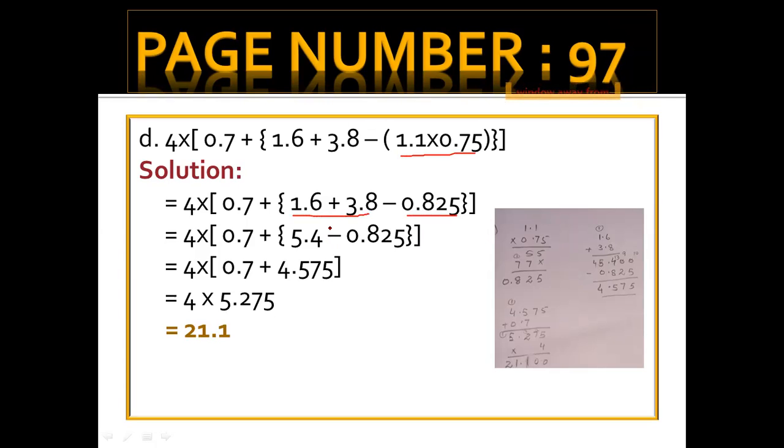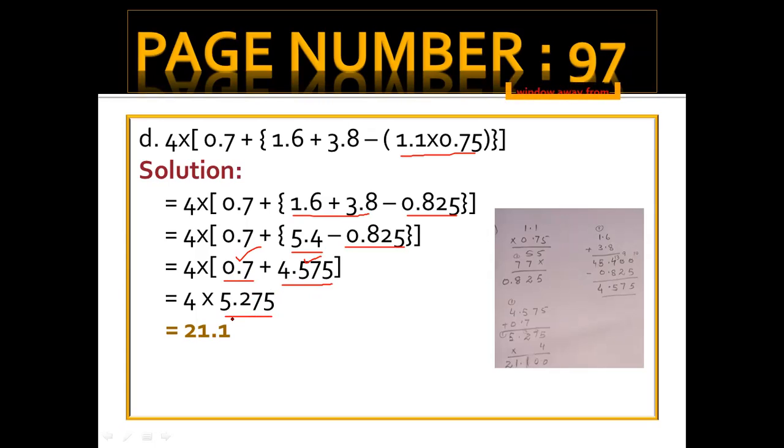According to the DMAS rule, first we add and then we subtract. So we add 1.6 and 3.8, 5.4 minus 0.825. Subtract these two, 4.575 is there. Now add with 0.7. There are two numbers within the square bracket, which are 0.7 and 4.575. Add them,